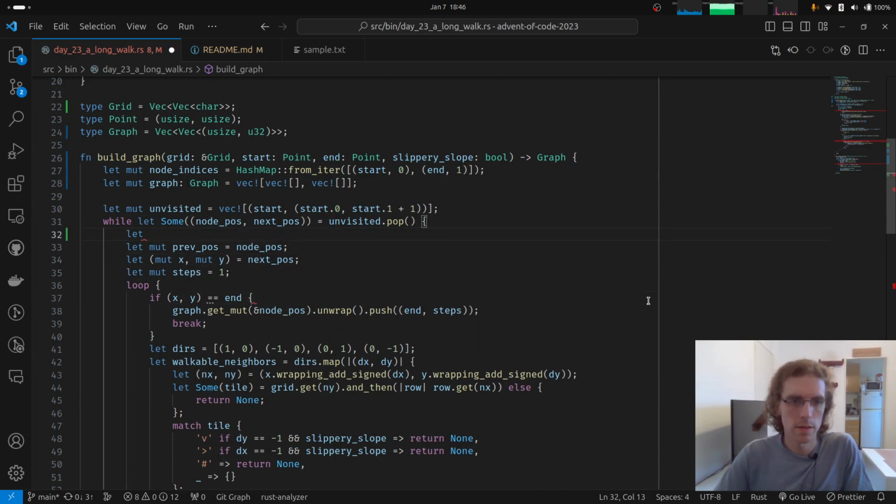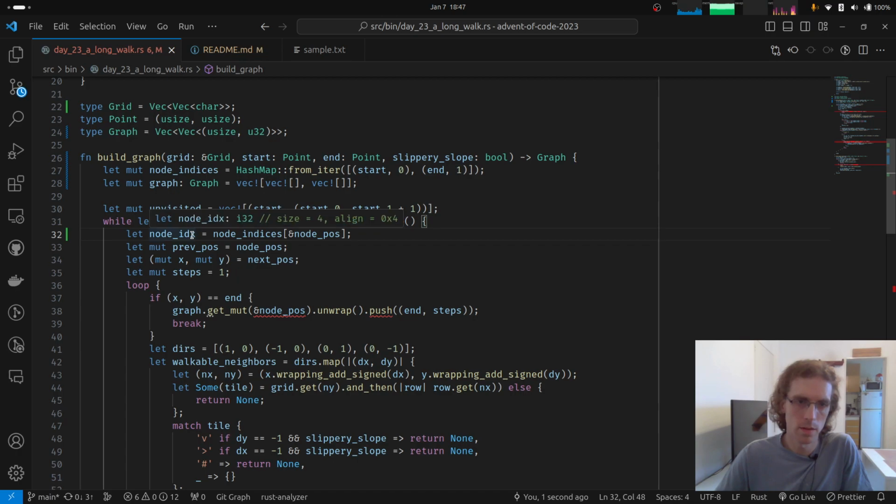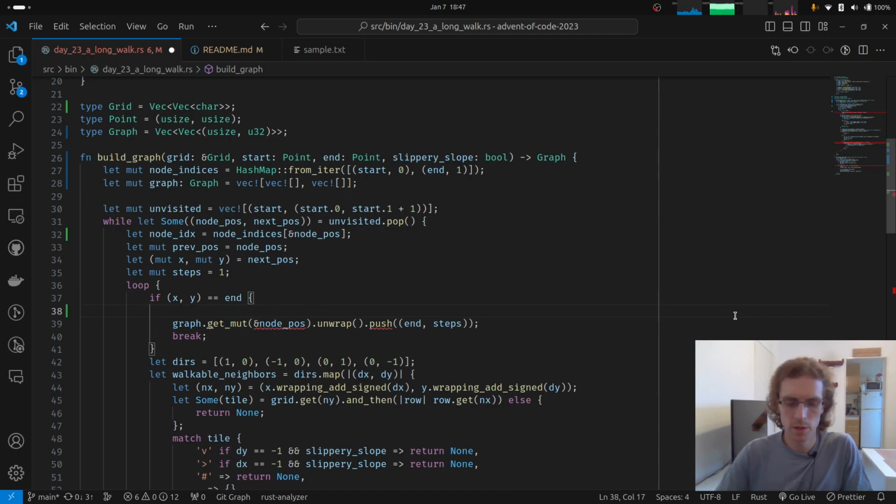Let's say node index, IDX for short, node indices for this node position, and we assume that this exists, and then here we're just going to say graph access by the node index